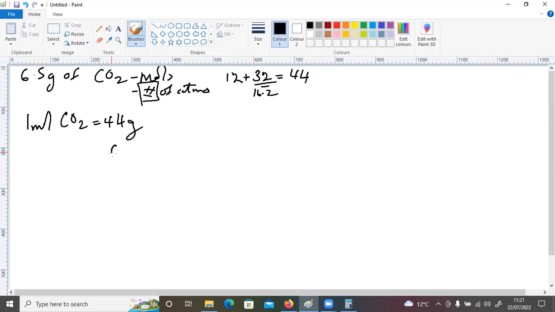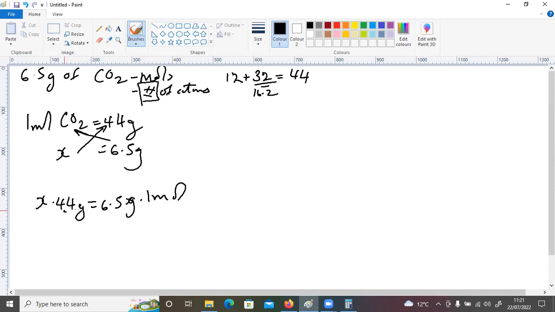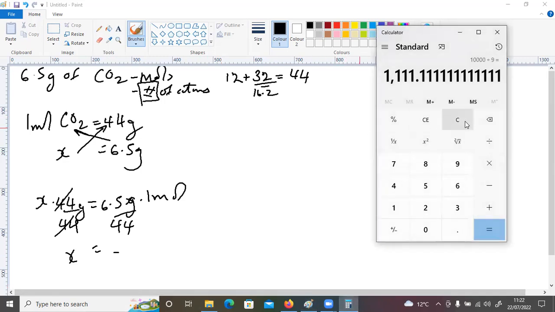Okay, so what about 6.5 grams? Maybe this one looks familiar. We have done it. And then we are going to get that x multiplied by 44 is equal to 6.5 grams multiplied by 1 mole. So divide by 44, divide by 44. What can we divide these two numbers? Or I can just use my calculator. 6.5 over 44 is